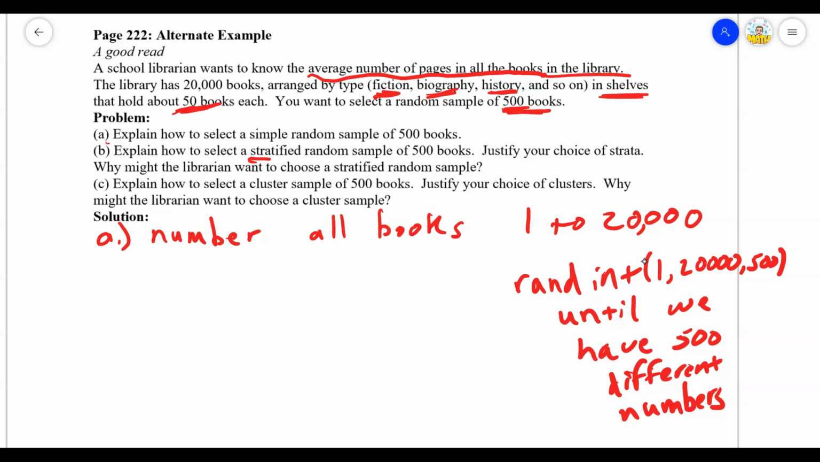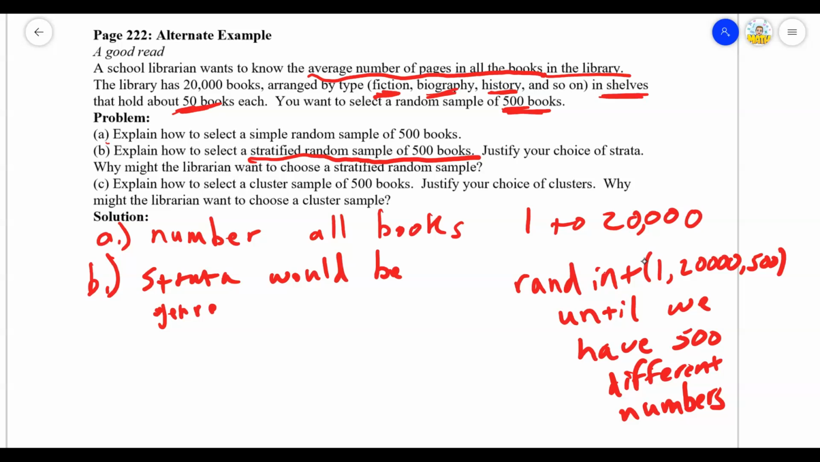Okay. Now, what would happen if we did a stratified sample of the books? Well, to me, the obvious strata would be fiction, biography, history, and so on, right? So the strata would be the genre of the book. Now, we have to figure out how many genres there are. They don't really tell me. They listed 3 and said so on. So let's suppose there's 10 genres. If we have 10 genres of books,